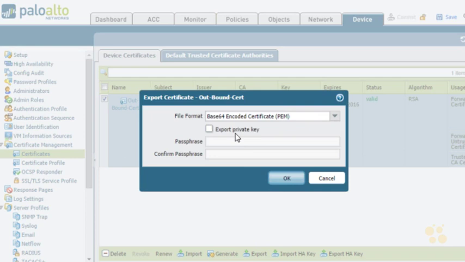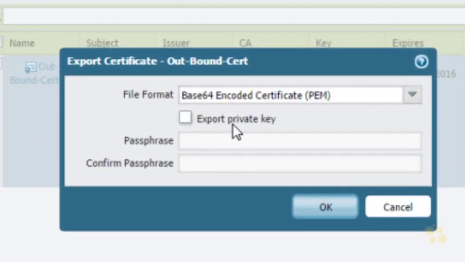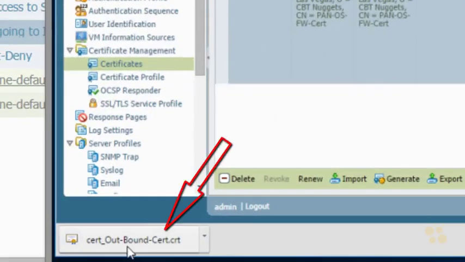We don't need to export the private key. We want to have that backed up somewhere, but we don't want to have the private key sitting on Bob's computer. So we don't need to export the private key. In fact, we wouldn't want to if we were going to import this over on Bob's computer. So we'll go ahead and leave the export private key unchecked. Click on OK. And down here at the bottom left, it just downloaded that called